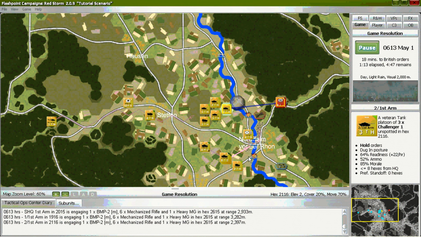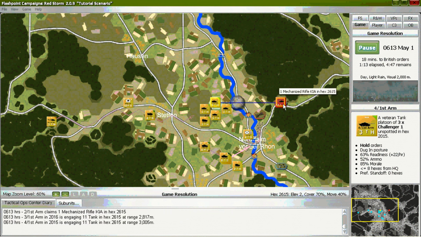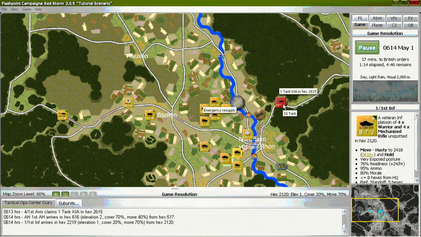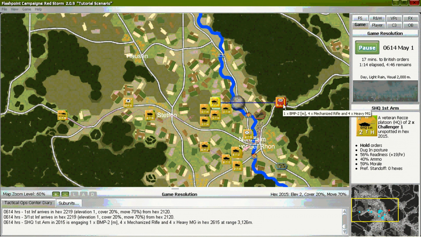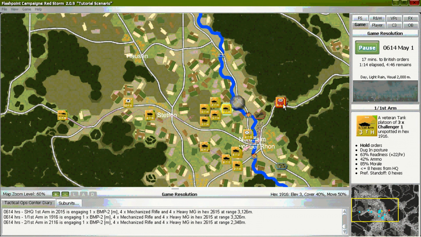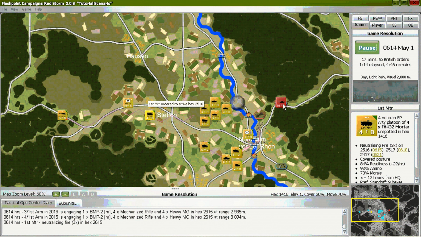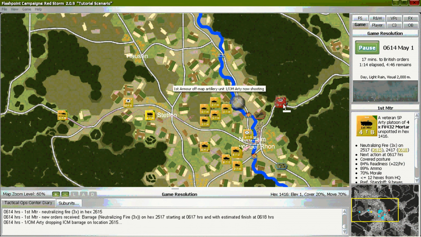The Soviets lost a good number of tanks and other units. The ICM and relentless tank fire, and also some fire from the attack helicopters and elements of 1st Infantry.